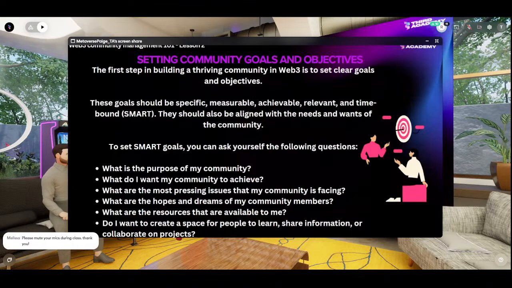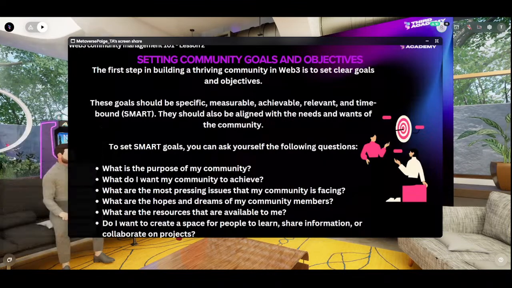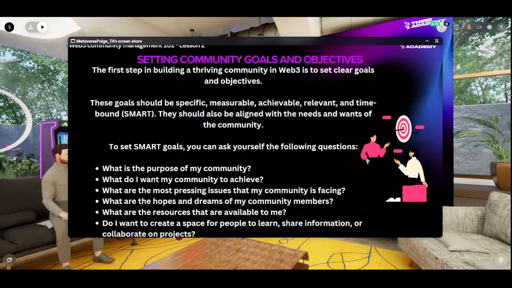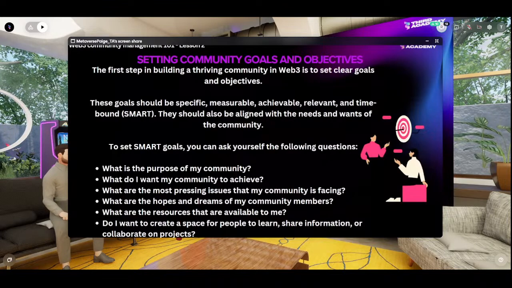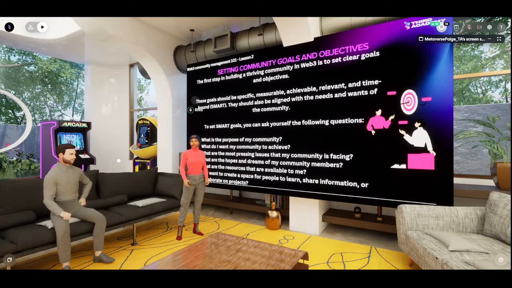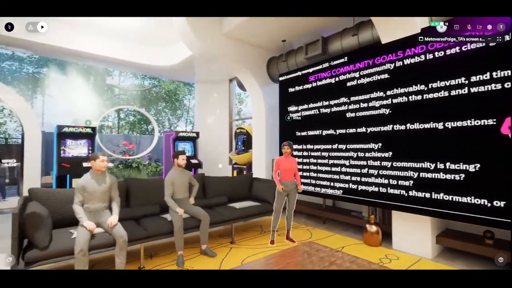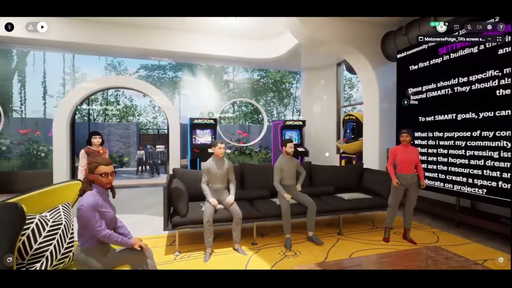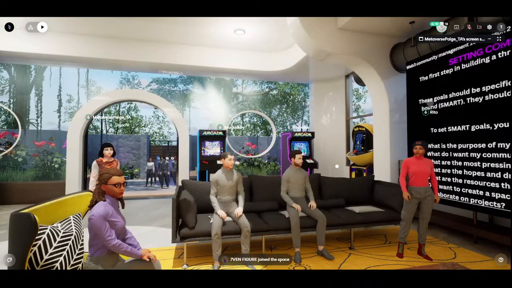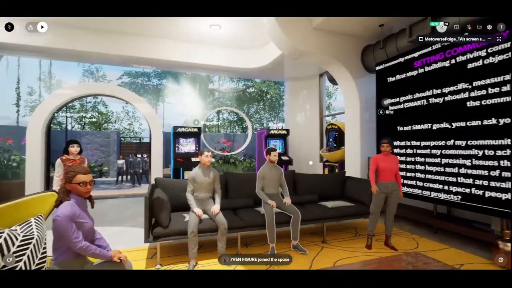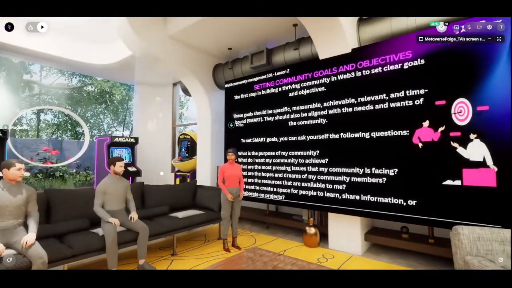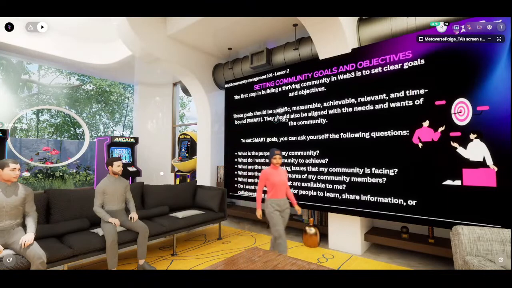So once you have answered this question, which will take research to get answered, you now want to move on to developing your goals. If you understand why your community exists, and you understand the needs and the issues that your community is facing, then it gives you a head start to create goals, then objectives, and then metrics that you can use to measure these goals.